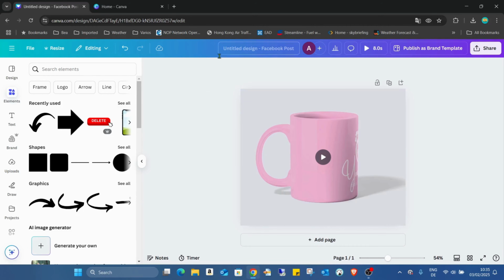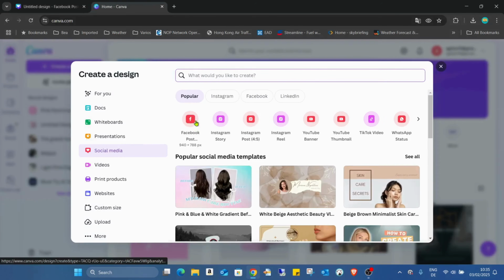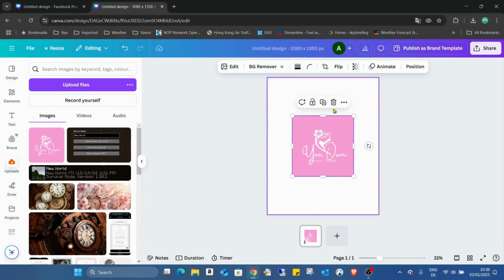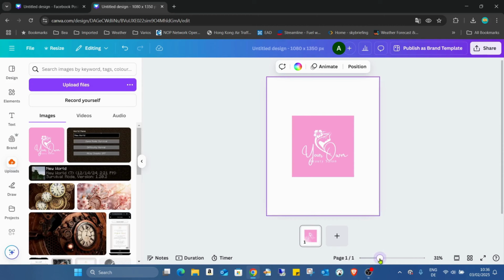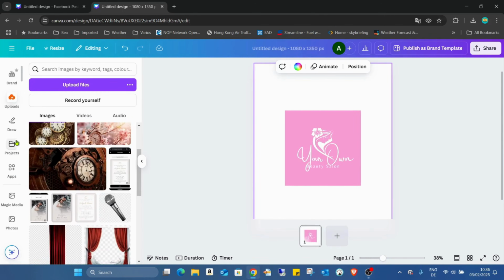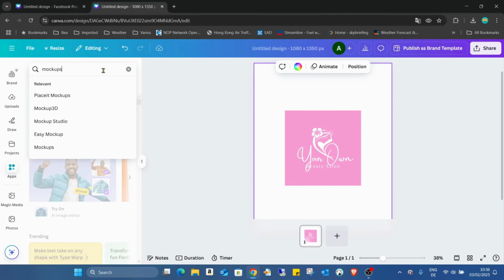I will show you how. So I already opened the new Canva page, went into social media, and created just an Instagram post, and go into the uploads and just upload the image. Now we have two options to do what we want. First we can go to the apps, typing mockups